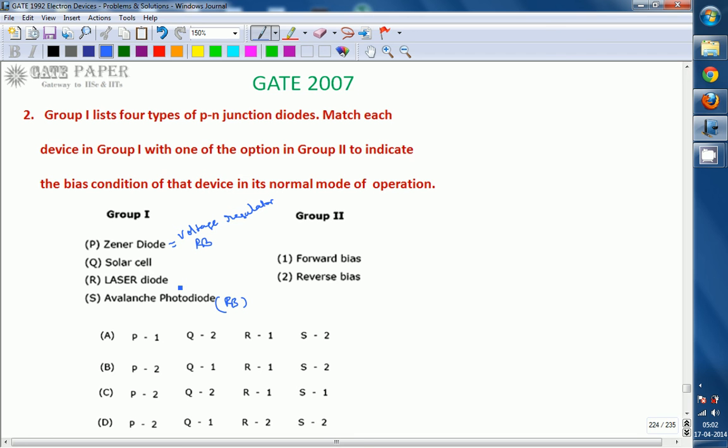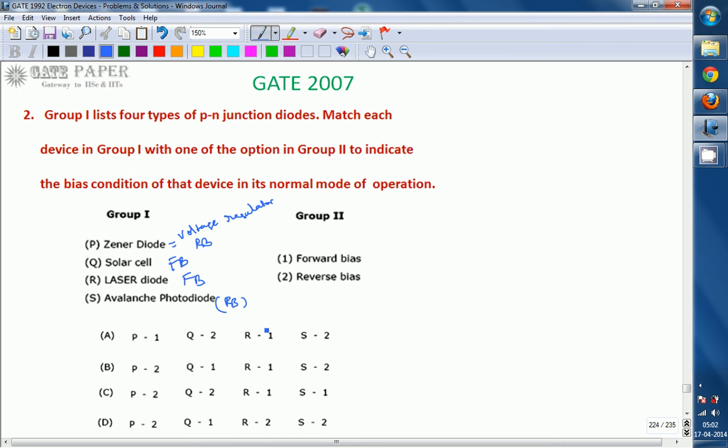This is only possible under forward bias. Under forward bias, a large number of charge carriers, that is, majority charge carriers, move from one side to the other side. So more charge carriers will be present at the higher energy levels only under forward bias, and whenever they come back to their own states, they give up photons while losing energy. Those photons are used to generate the light, so a laser diode always operates under forward bias. Solar cell also operates under forward bias.